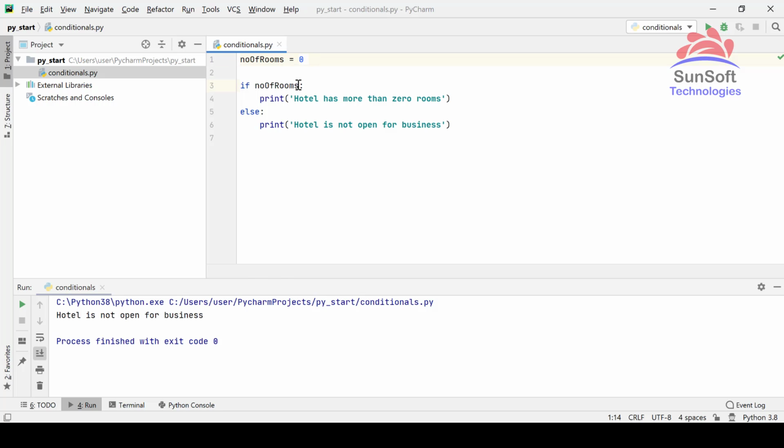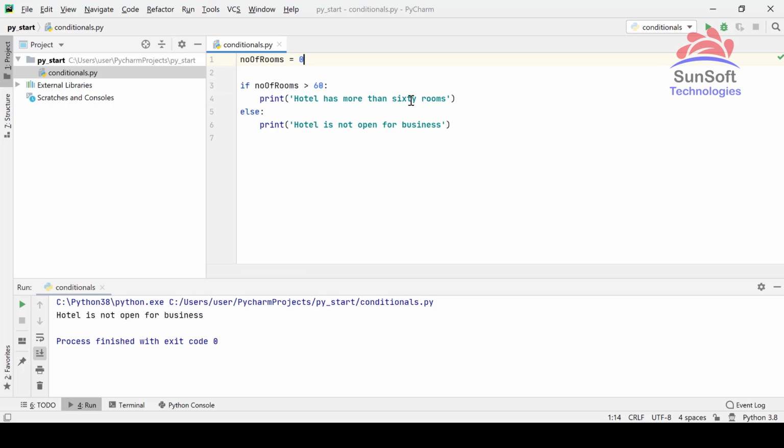But what if I want to open the hotel for business only if it has more than 60 rooms? If it does not have more than 60 rooms, then I do not want to open for business. And then I want to say hotel has more than 60 rooms. Let me change this to 60.